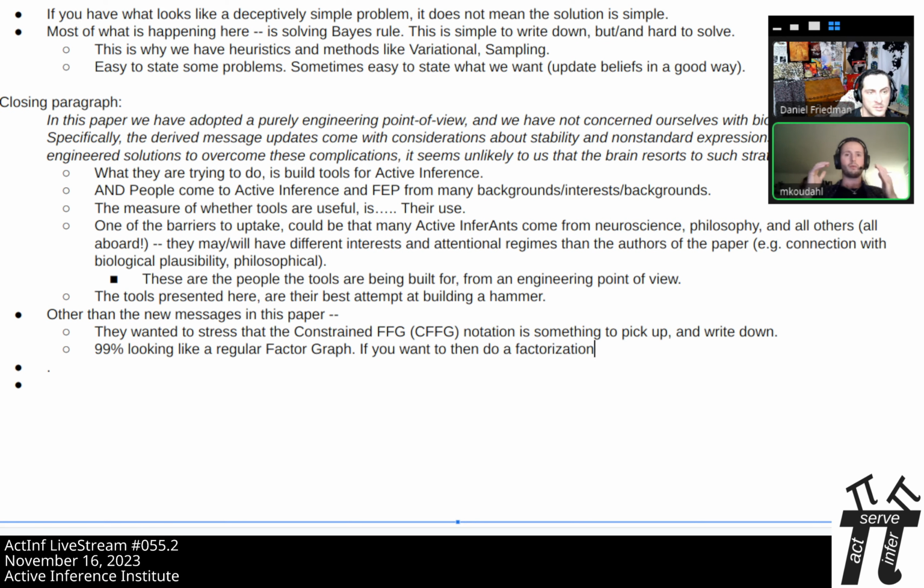So we really stressed this should be something that is intuitive and usable, because we want this to be applicable for people who don't care about working out the intricacies of message passing on factor graphs. This should be a tool for everyone. And if you come at it from a different background and what you want is a nice and clean modeling tool, it should be that for you.